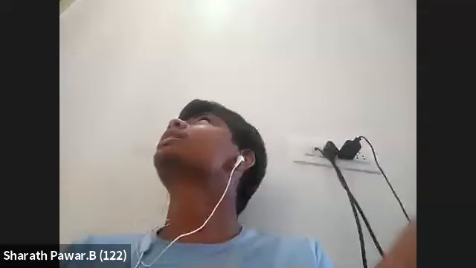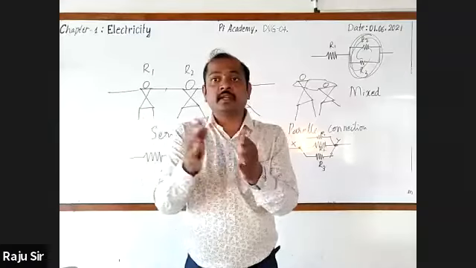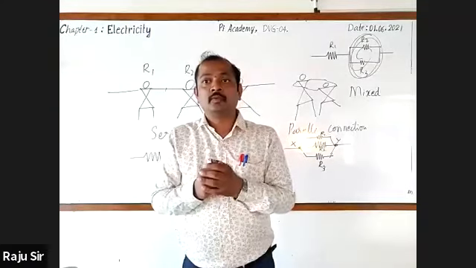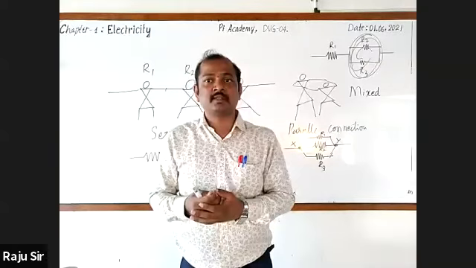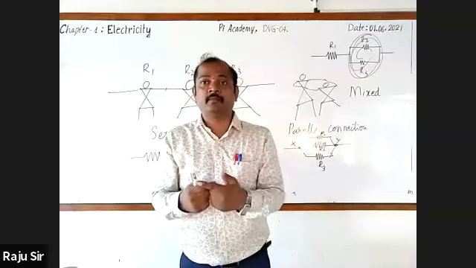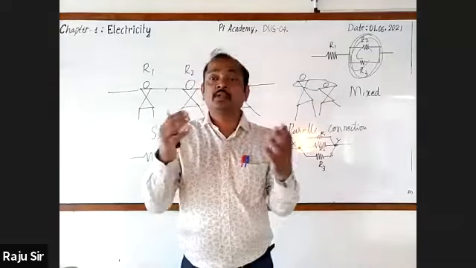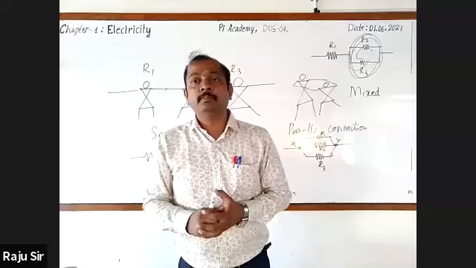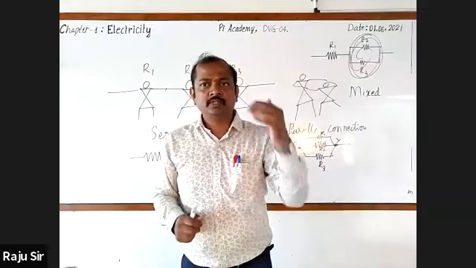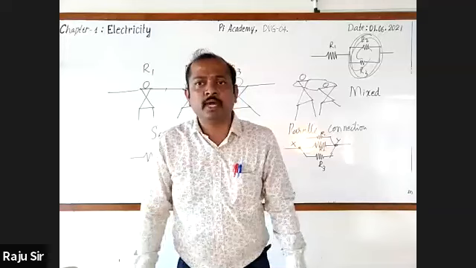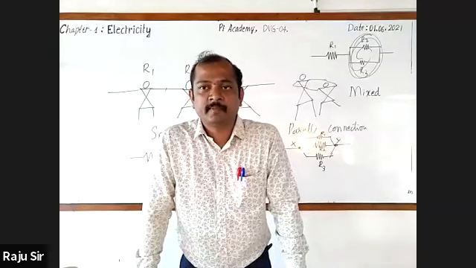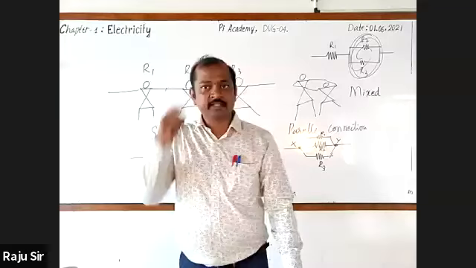You all may be thinking that, sir, if the resistors are connected in series, what will be the total current? What will be the total electric resistance? If the resistors are connected in parallel, what will be the net electric resistance and also the current flowing in the circuit? Even it is also applicable to mixed connection, is it not? Whether these questions are coming to your mind? Yes, sir. Of course, it must come.